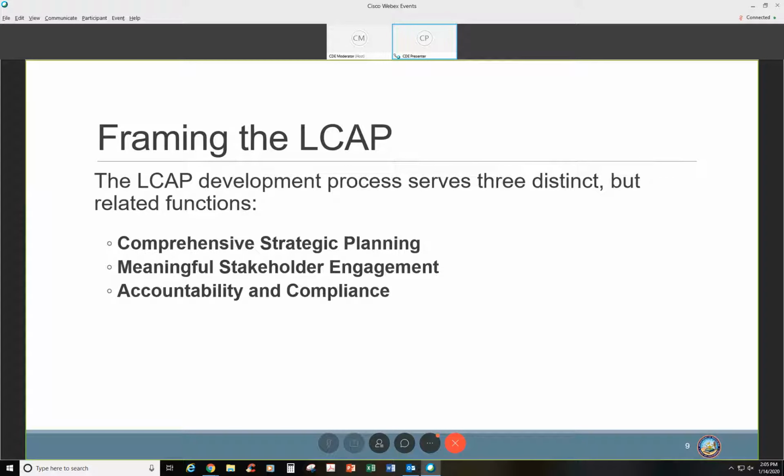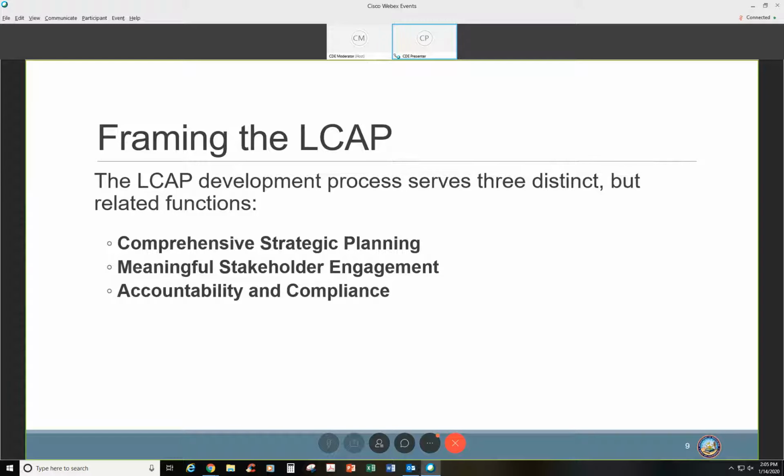So one thing that's different in this new LCAP, before the instructions begin, is that there's more language behind each of these bullet points, but really the LCAP serves 3 distinct but also interrelated functions. And that is comprehensive strategic planning. And really the LCAP is the final document to show it's not really a planning document, but it encouraged that strategic planning and then shows to the stakeholders, teachers, and your community what the LEA is intending to do to meet the needs of its students.